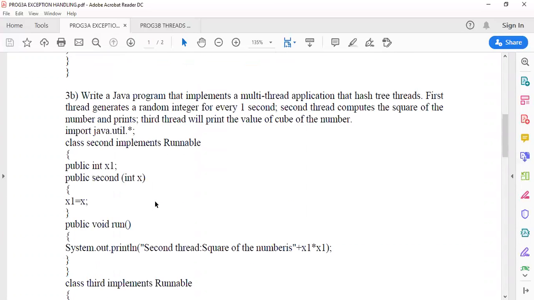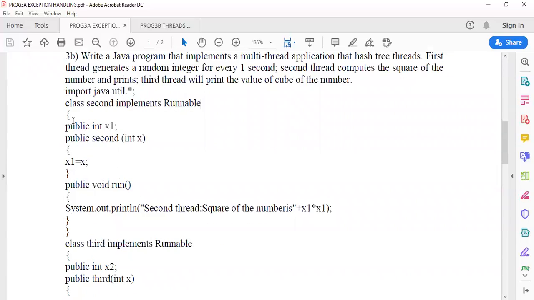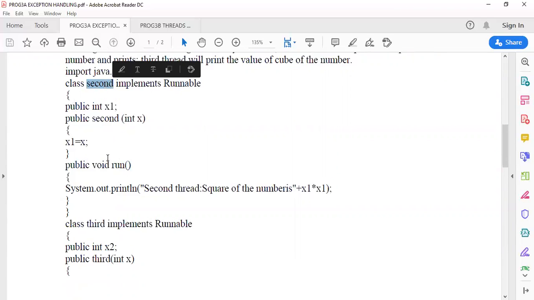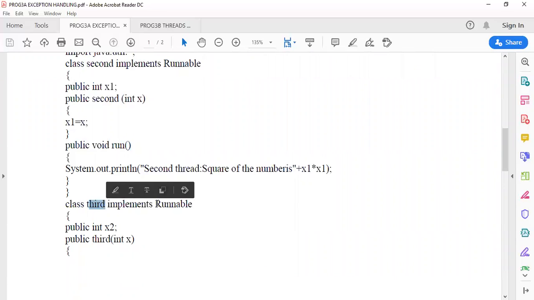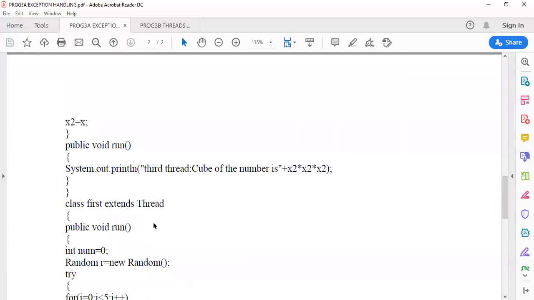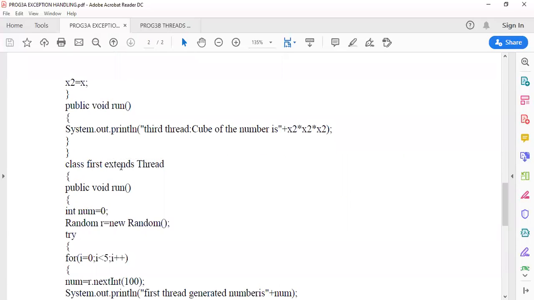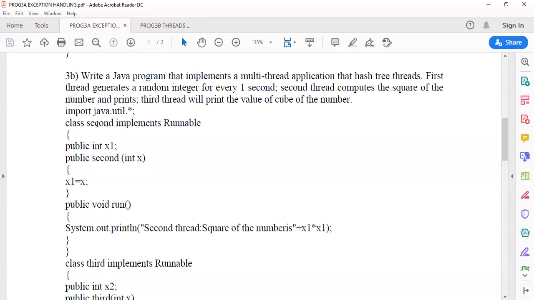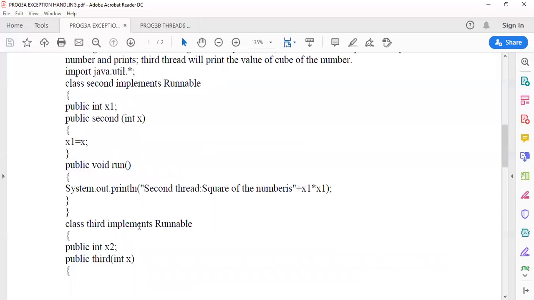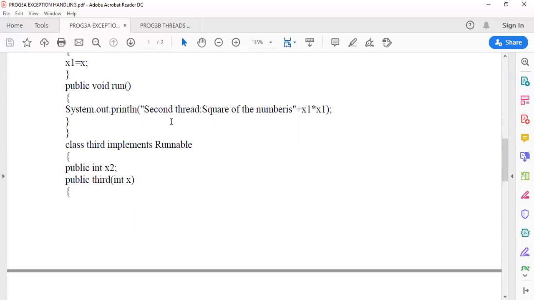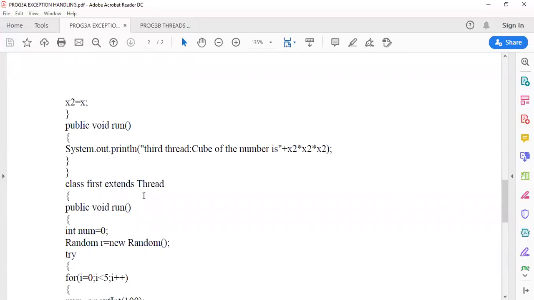Since you should understand both methods, I am creating the second and third threads by using the Runnable interface, and the first thread by extending the Thread class. Even the first thread I can implement by using the Runnable interface, no problem at all. And the second and third threads I can create by extending the Thread class, no problem. But since you should understand both methods of thread creation, I have explained both here.